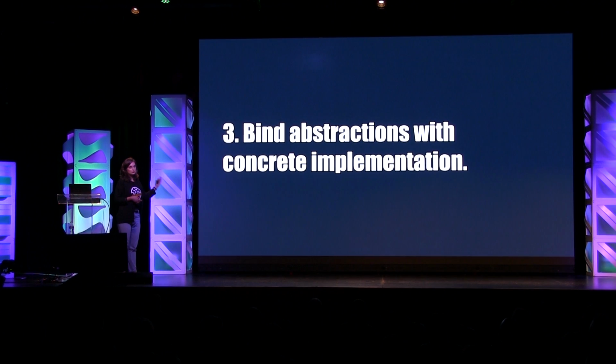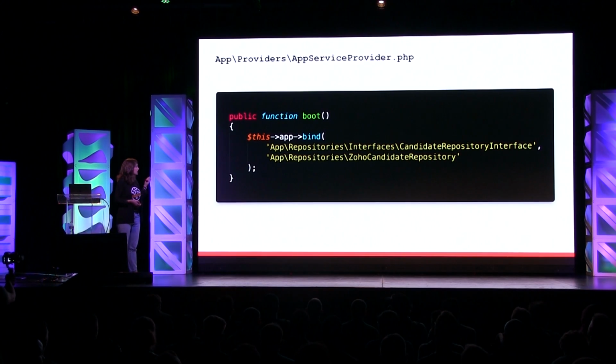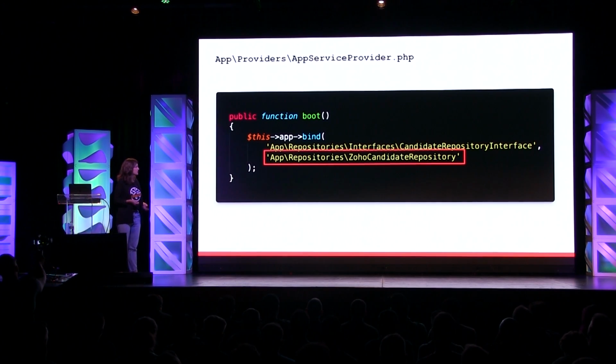And finally, to be able to implement this as it's described in the steps defined previously, we need to bind the abstractions with a concrete implementation. So the way to do that is to add this binding inside the app service provider, where we state that this specific CRM repository is the one that will handle everything that's going to this candidate repository interface. And we're good. Now everything that we do depends on this